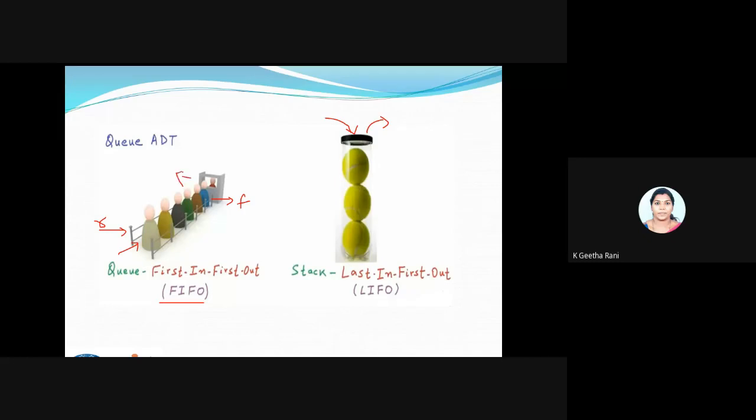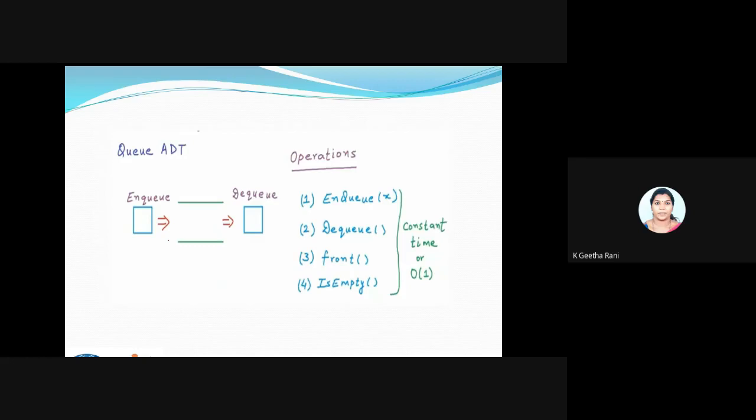Okay, so if we have two openings inside my queue. Right, so this is the main difference between the queue and the stack. Fine. So now we will try to perform this operation by using some values. We will check how this NQ and DQ is going to process. Fine. So we have two main operations, NQ and DQ.